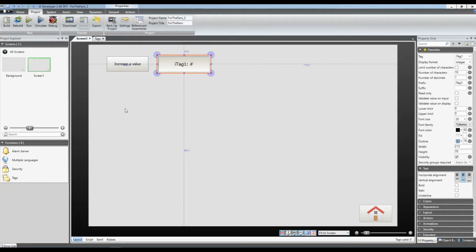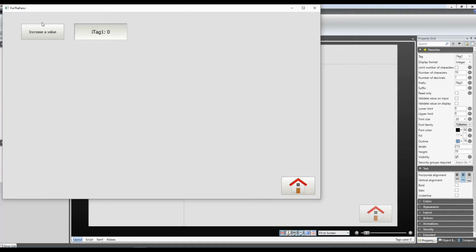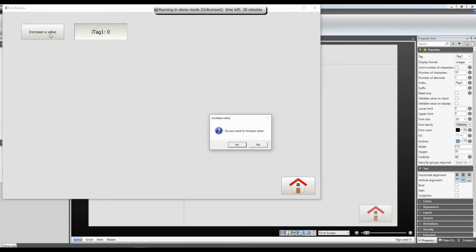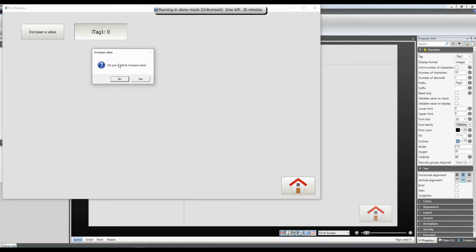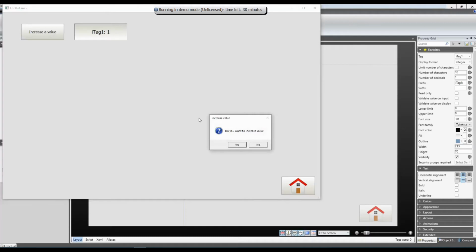The script is okay. And if you want to simulate, you push the blue arrow here. Then the project will be simulated so you can test your script. I will just remove this demo banner here. And you push the button, increase the value. Do you want to increase the value? And you answer yes, and it is increased. If you push again and you choose no, it's not increased. So that's basically the first